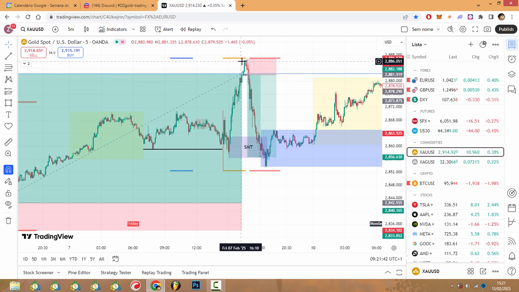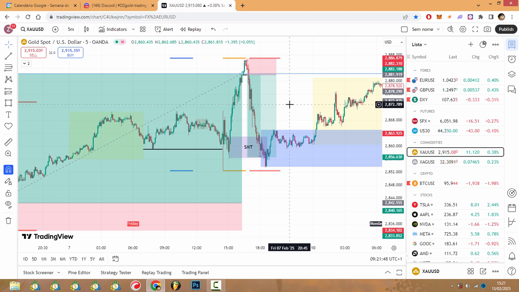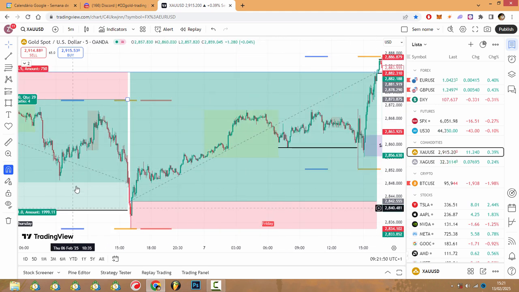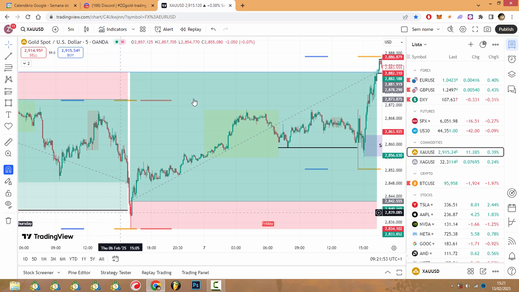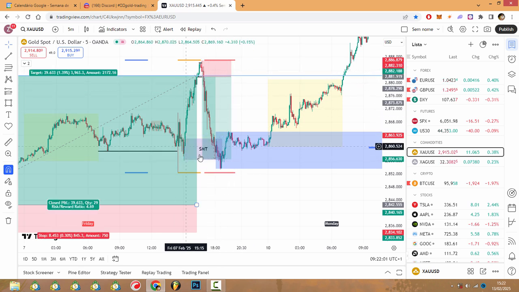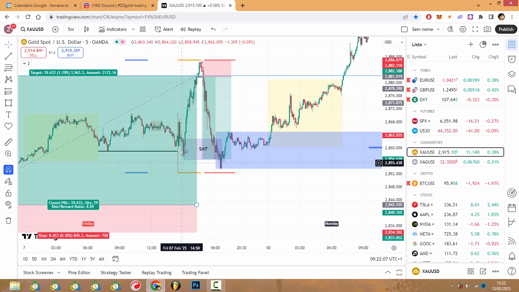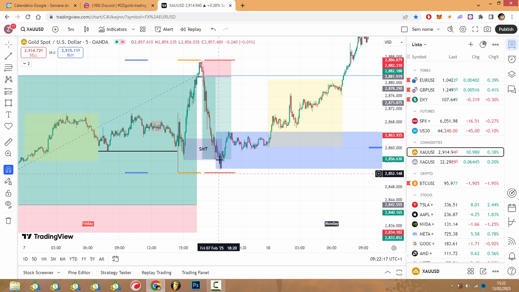As soon as you see a double breaker structure or a breaker structure right here, you can place yourself and look for a 5R. Don't be too greedy, because you're also shorting. Alright, that's why we only look for a 4R here, but for the previous daily low. And here we're looking for a 5R, because the stop loss is quite small, and only looking to get the target around this smart money trap. Because then again, smart money traders are going to be looking at this. Yes, this took out liquidity and it worked previously, but this small order block, it could be a liquidity, and gold likes to play around, so it just took this and it continued.